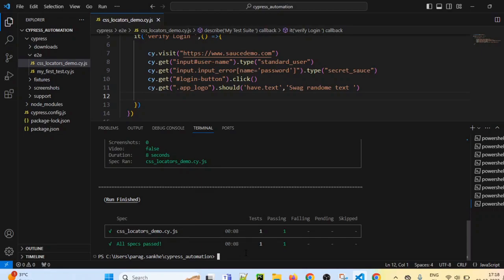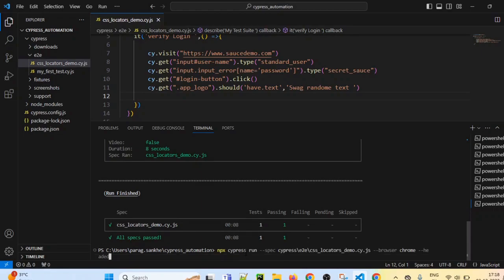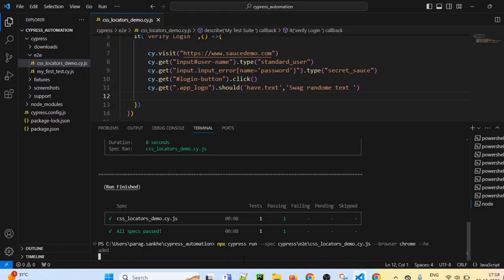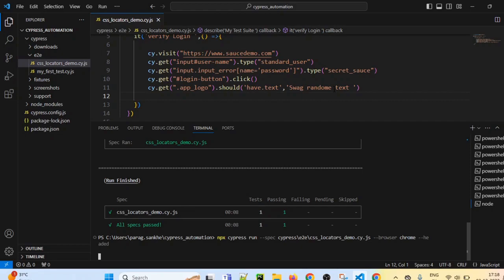You can press the up arrow on your keyboard. So we can easily see our previous commands, which we don't have to write again. Just use the up arrow and down arrow on the keyboard. It will show all the commands which we have executed. So again we have to execute this command, so I'm just executing it. But this time the test case should fail because this value will not match the actual value of that post login screen.